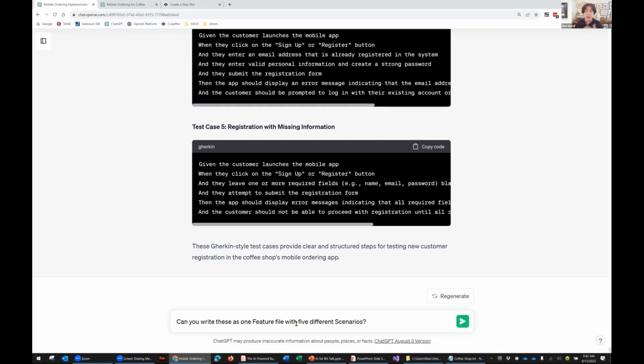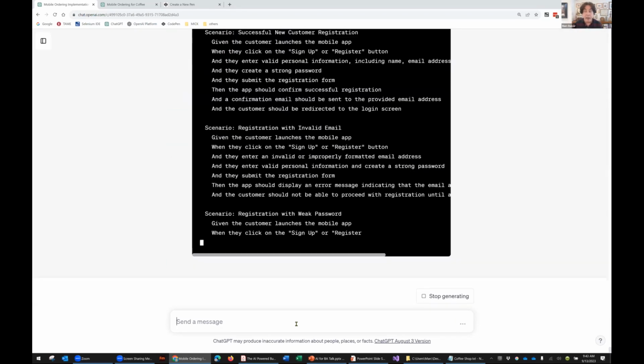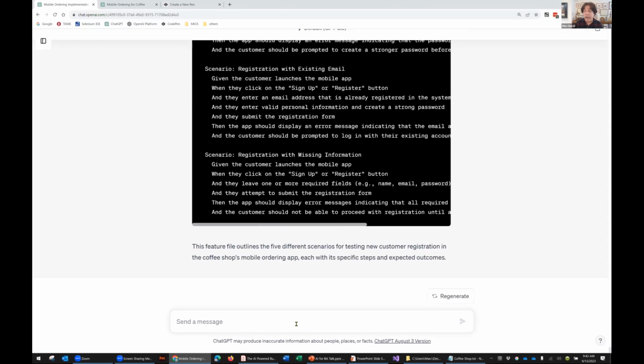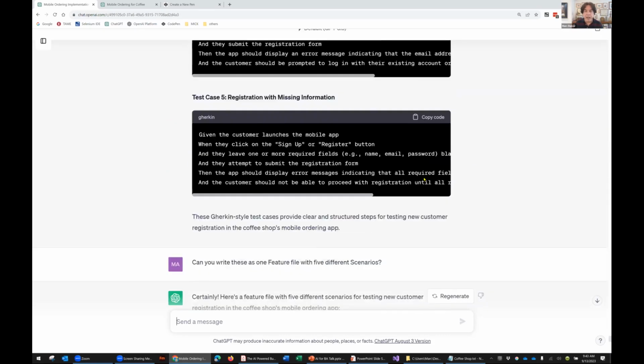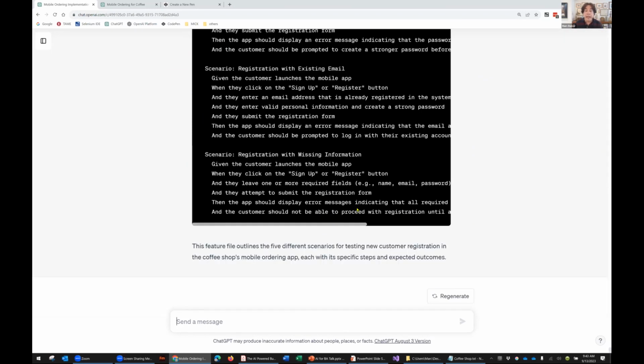In other words, feature and scenario are 2 keywords in Gherkin. Rather than copying 5 things out and having to put them together myself, I go, hey, wait a minute, I'm lazy. Let me let my personal assistant, my AI personal assistant, put all of this together into one particular form. And again, you might have a slightly different way in which you would use Gherkin, given, when, thens for testing purposes. But again, you can nudge it into the format that you want. Okay, so you see the little code blocks.